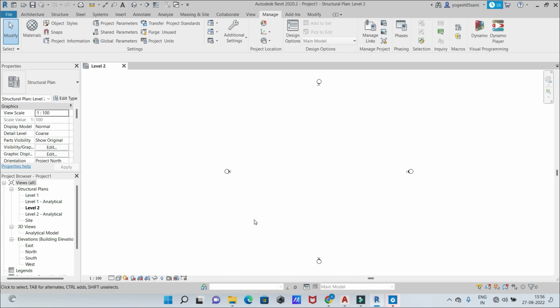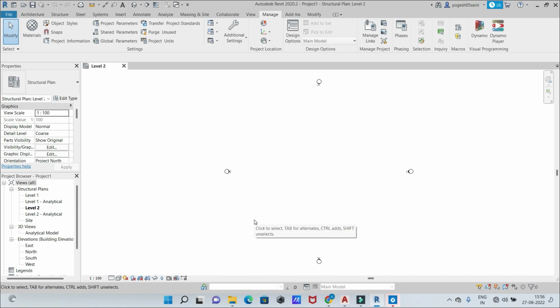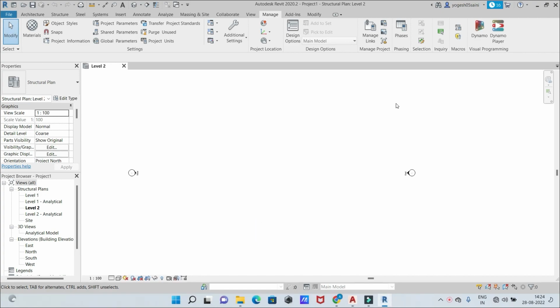So we have already set the unit here. So next, the thing which we are going to do is how to set up the levels. So we are going to set up the levels. So let's see how we can do that. Now to set up the levels, we have to go to the project browser